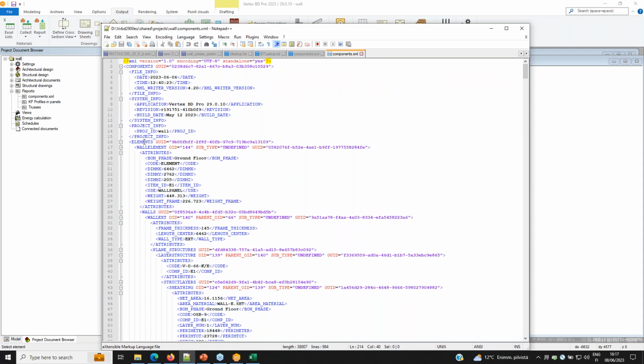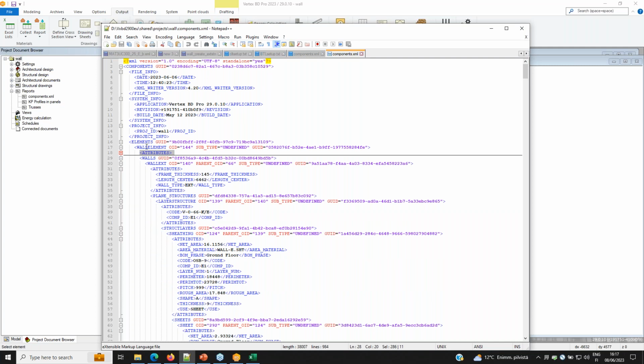There are different kind of tags here where the information is stored, and always it's in between the attributes fields of tags. So what we are looking is, if we go deeper, elements, wall element, walls, wall text,